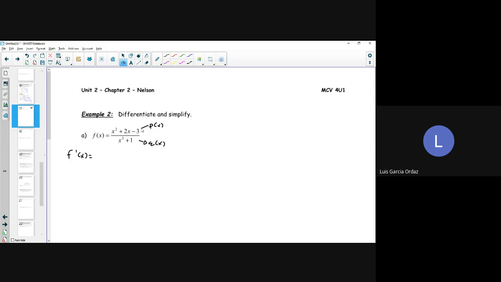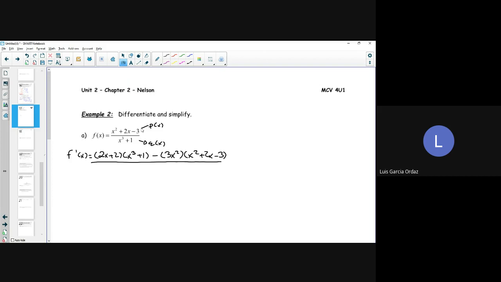Right, we get 2x plus 2 times my bottom, which is x cubed plus 1, minus, what would the derivative of the bottom be? What's the derivative of x cubed plus 1? 3x squared times x squared plus 2x minus 3